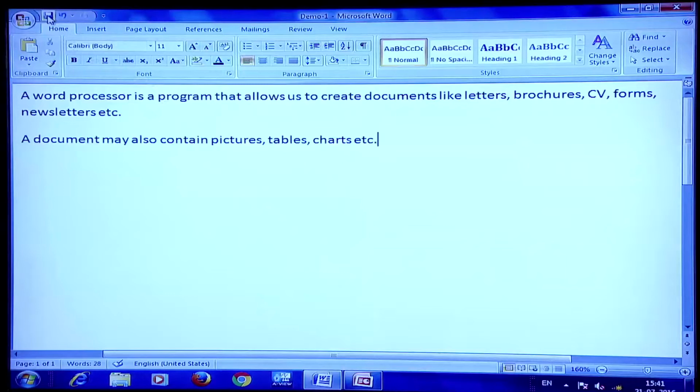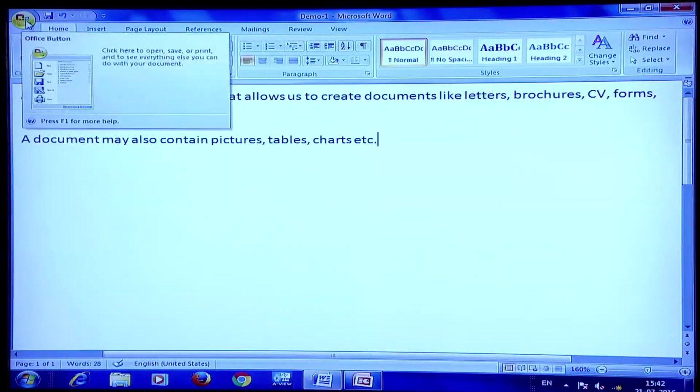The document has been saved now. So, if I know the password, I can save the document, I can make the changes in the document. So, this way I can protect my document, and another part of protecting the document is making it read only. Now, let us see how we can make the document read only.